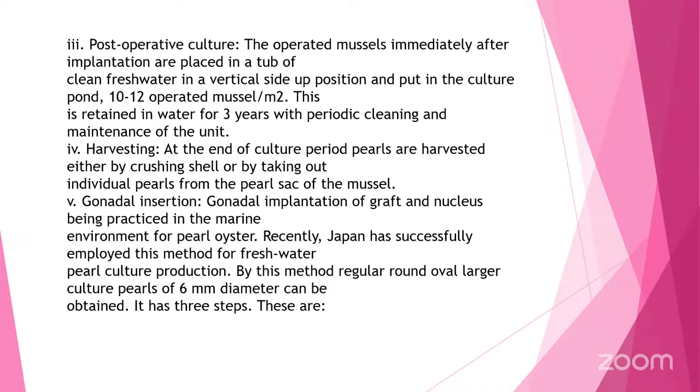Then coming to gonadal insertion. Gonadal implantation of graft and nucleus is being practiced in the marine environment for pearl oyster. Recently, Japan has successfully employed this method for freshwater pearl culture production. By this method, regular, round, oval, larger culture pearls of 6 mm diameter can be obtained. It has three steps. These are: